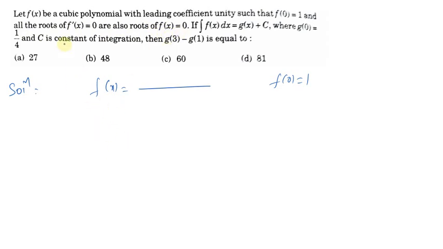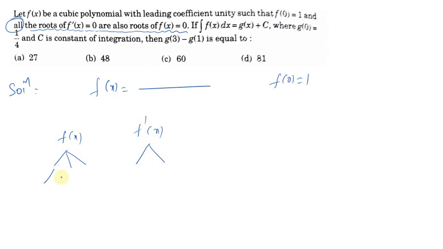Okay, so we know already the definition of this one. Whenever a root of f of x equals 0 is also a root of f dash x equals 0, you can call that a multiple root. Now here is one logic. All the roots, this is very important, all the roots of f dash x equals 0. Now f of x is a cubic polynomial, you can expect 3 roots, and f dash x is nothing but a quadratic, you can expect 2 roots.